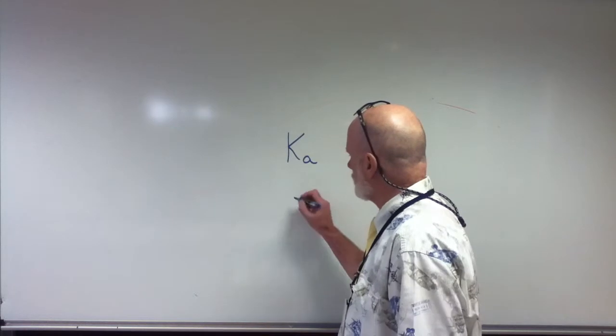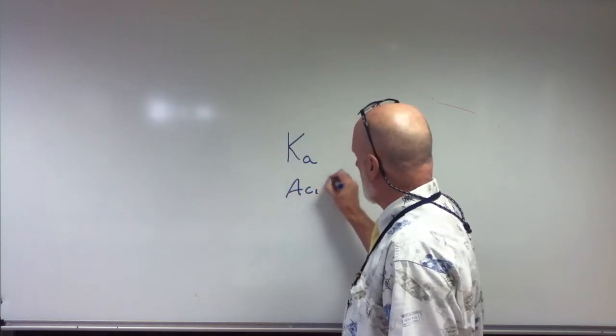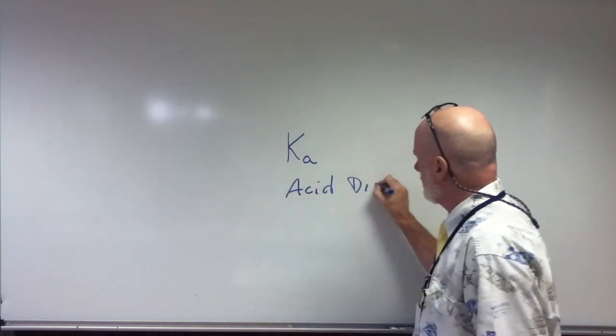Anyway, so what do we have? What is Ka? Dylan, what do you got? Acid dissociation constant. It's an acid dissociation constant. Write that down. It's called an acid dissociation constant. Acid dissociation